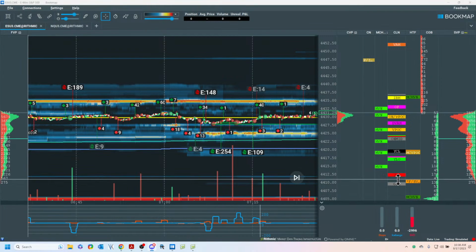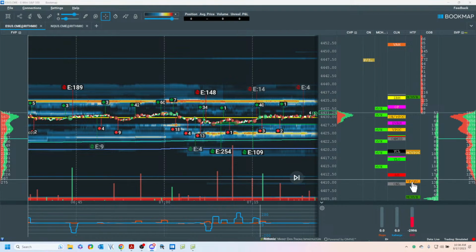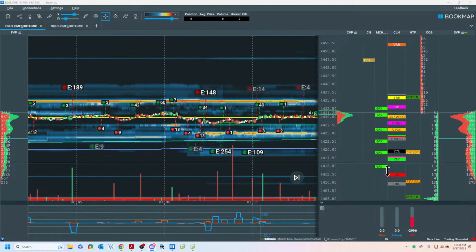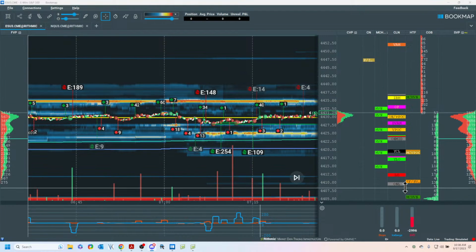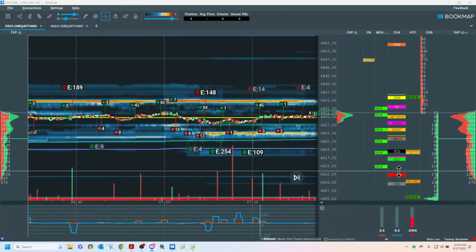But what was interesting to me is this level, the overnight low, was at this level. And I went, maybe this is too low. Maybe not. So for me, as I'm taking shorts, this is my target ahead of this. So right in here, and I'm now out of my short, not a recommendation because it's all random. And I was going right here, and it missed me, my target, by just a few ticks.